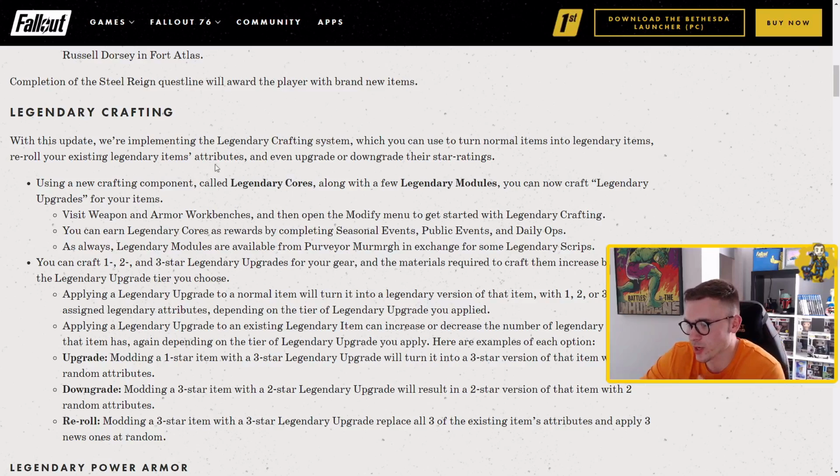So, with this update, we're implementing the Legendary Crafting system, which you can use to turn normal items into legendary items, re-roll your existing legendary items' attributes, and even upgrade or downgrade their star ratings. By downgrade, literally if you have a 3-star but you only have enough legendary modules and everything to roll a 2-star, then you can change a 3-star weapon to a 2-star weapon in an attempt to re-roll